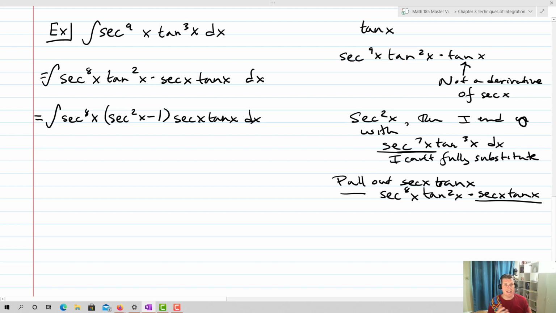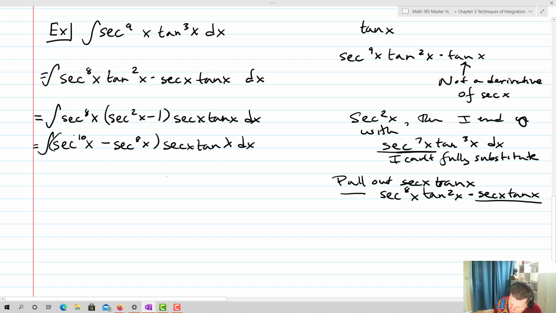And now everything's in terms of secant x, and I also have the derivative of secant x, so I can do my u substitution. So this will end up equaling the integral of secant to the 10th x minus secant to the 8th x, and all of that multiplied by secant x tan x dx. Now I'll just use my u substitution. I'm going to let u equal secant x, and du is then going to equal secant x tan x dx. So my integral now is u to the 10th minus u to the 8th du,